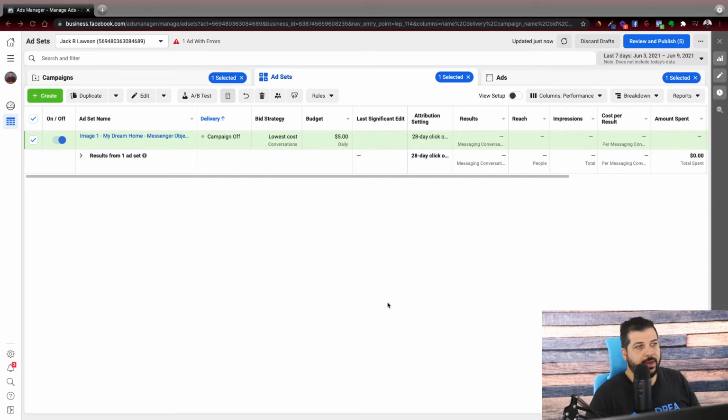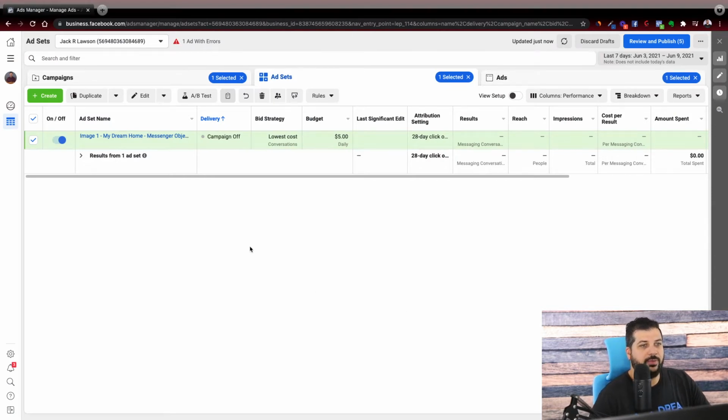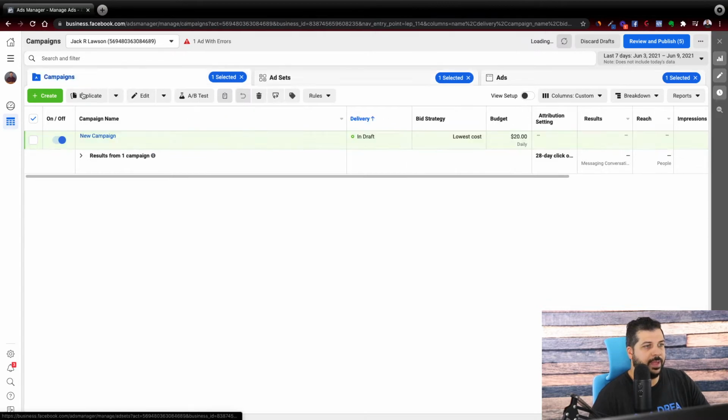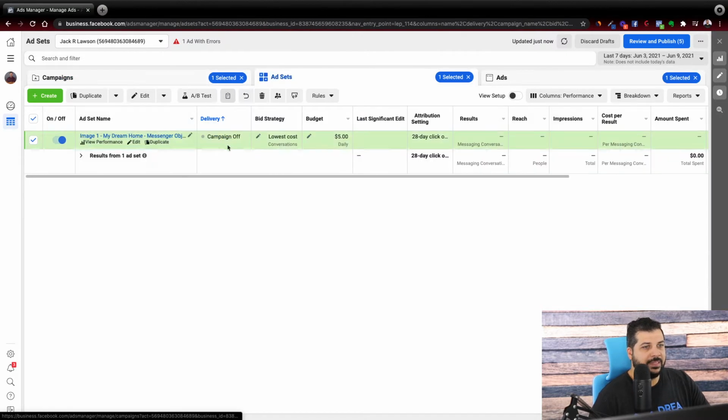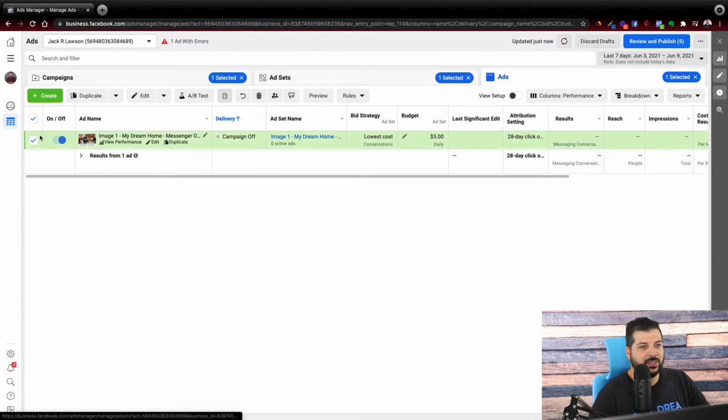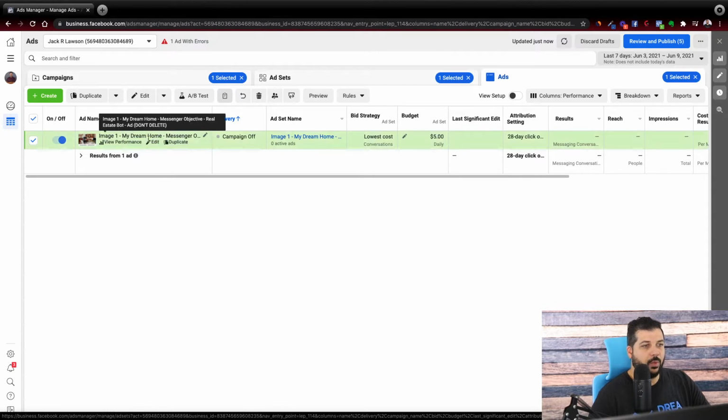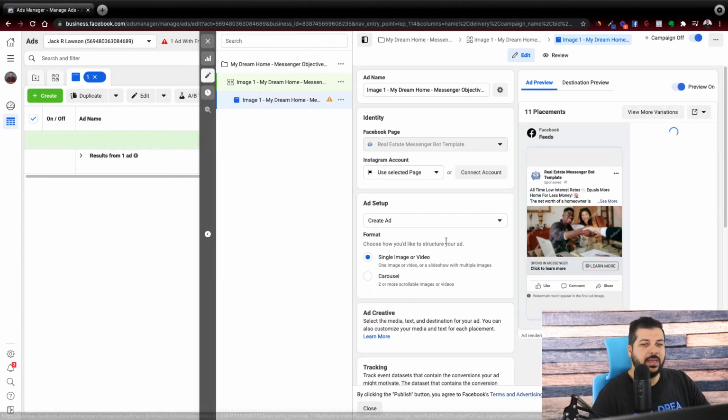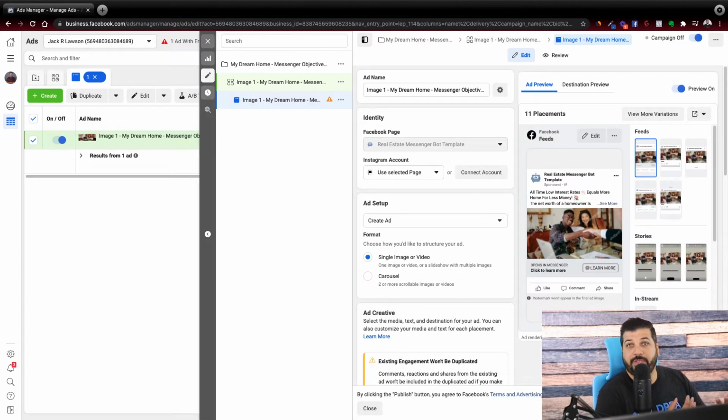So inside of your ads manager account, if you're running your Facebook ads, you got your campaign right here, you got your ad set and your ads. So you have this one ad running. Let's say you're running at $5 per day and you want to test something. Well, there's obviously multiple things that you can test, but one of the first things that you would want to do, and the easiest thing to do, is to test that image